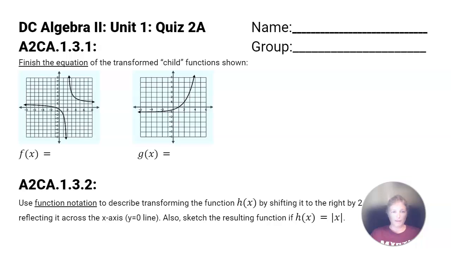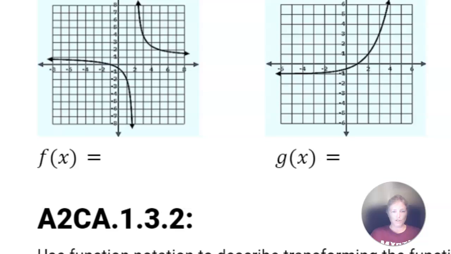Algebra 2. This is Unit 1, Quiz 2. We are here to discuss how to identify the equation. It says find the equation of this function. So first we need to recognize that it is a child of the parent function 1 over x, but then